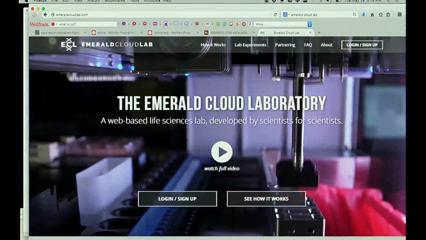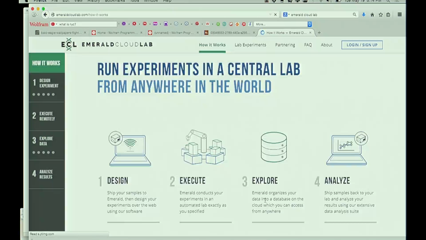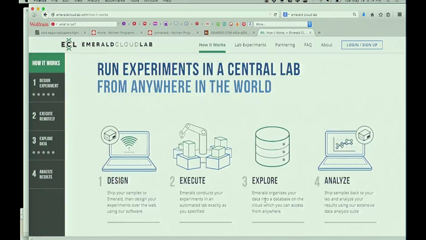I'll show you one example that's a kind of fun, local Silicon Valley example. This is a company that's using Wolfram language as the base for what they're doing. It's a lab in the cloud company where the idea is to automate what happens in a biology or chemistry lab.